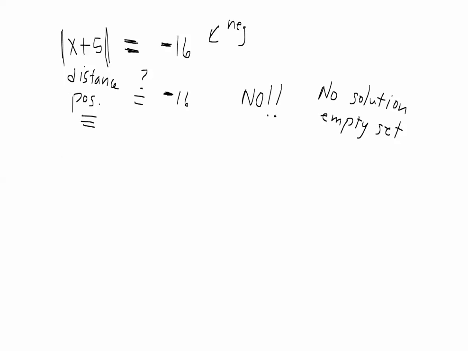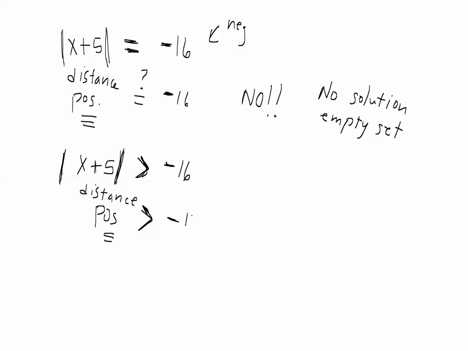What if, third case, the only thing we haven't talked about yet, you have it in the right form, you have absolute value, but you have a greater than sign and a negative number. Okay, this means distance. Distance is always positive. So, can a positive number be greater than a negative number? And that's yes. Always. And so then you would say the solution is all the real numbers. Okay,